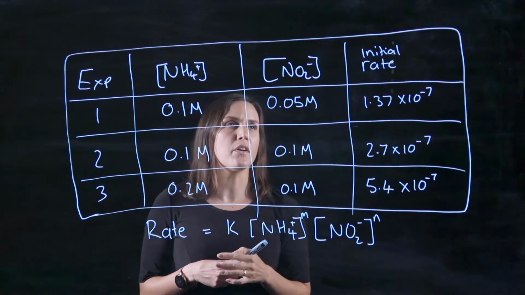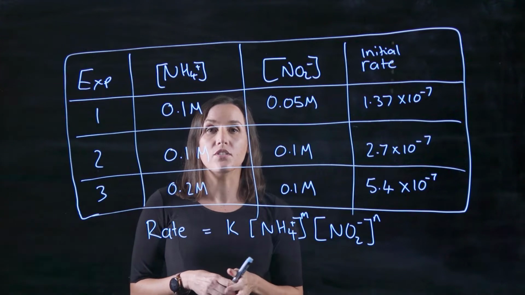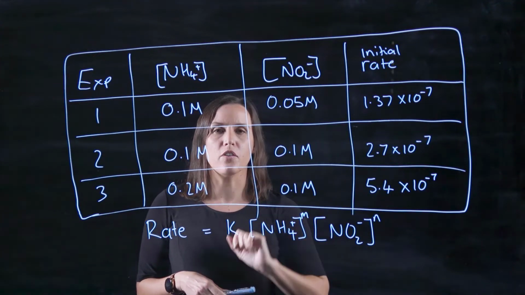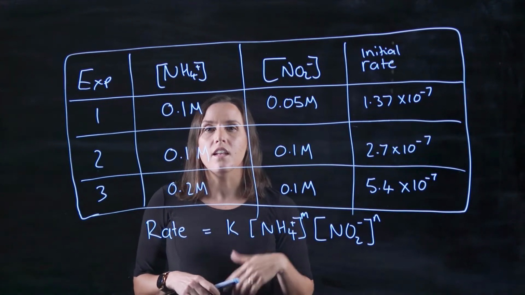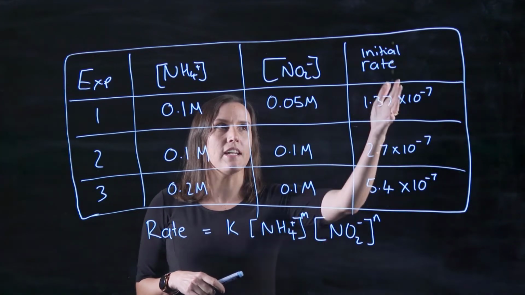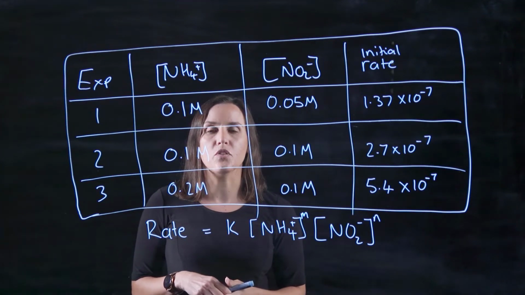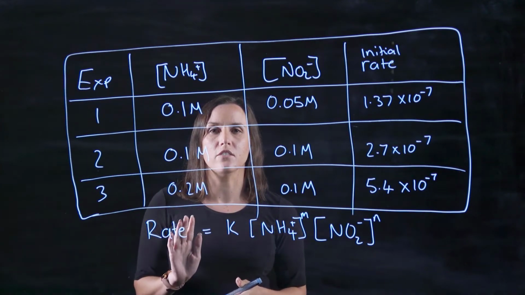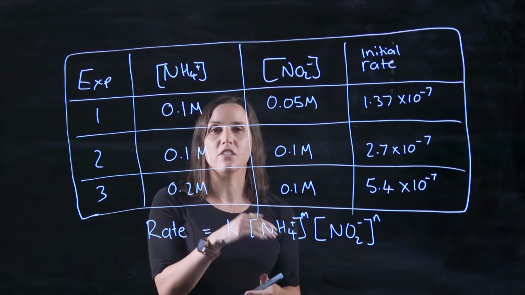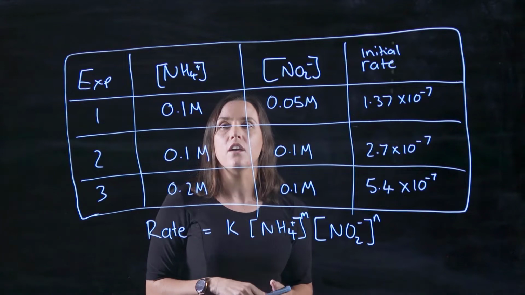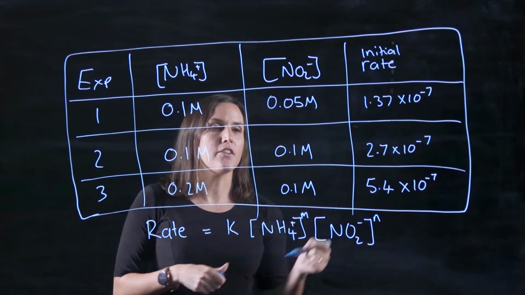Okay, so today we're going to work out how to determine the rate, so the orders of the rate law, the value M for NH4 plus and N for NO2 minus. Now when we're trying to work out how the initial rate is changing for the reaction, we want to hold one of the reagents constant, double the other one, and see how doubling that reagent changes the overall rate. So if we look at our data set here, we have NO2